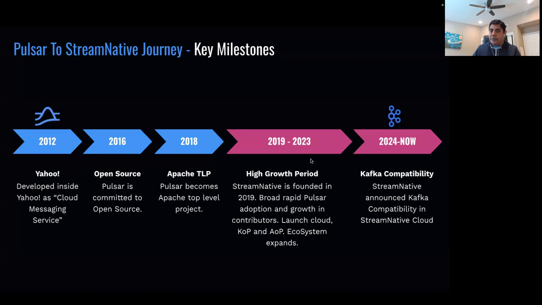For all the great work which was done on the Apache Pulsar side, we felt there was an opportunity for us to roll out these great capabilities to the broader Kafka community as well. So hence we rolled out our support for Kafka through a Kafka compatible API, right? So that's a little bit of background about the company. If you think about Stream Native, of course, we are the Pulsar company, but now we are also a Kafka company.